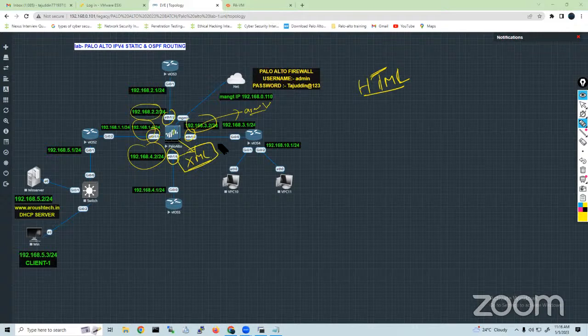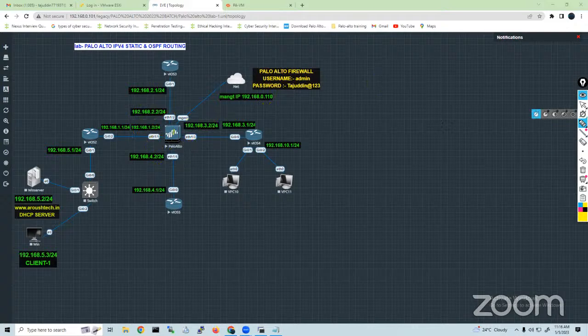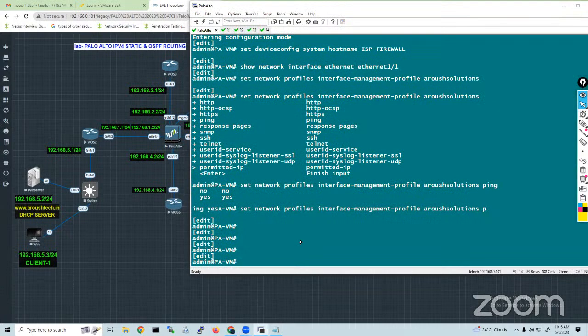I will show you this. So XML stands for Extensible Markup Language. Yes. Okay, so now what I'm going to do is assign all these interfaces